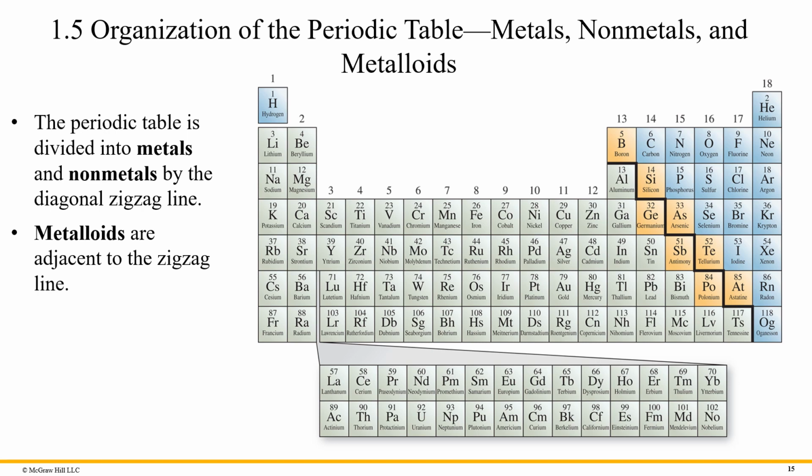Metals are very good conductors. They are shiny, they have a luster, most of them are gray. All of them except one are solids at room temperature. They are malleable, they are ductile, and they conduct heat and electricity very well. So these are some of the characteristics of the metals.